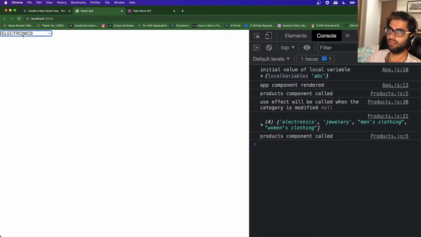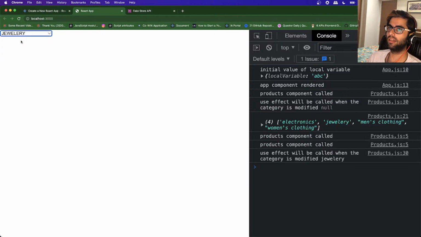All right, so let's change this to jewelry, and you can see that this triggered a re-render, and then the use effect was called because the category is modified, and the modified category has been set to jewelry. Okay,